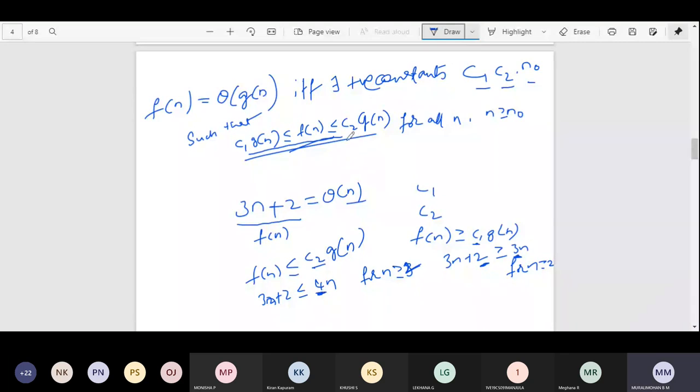So you apply this and combine here. See, we have n greater than or equal to 2 and n greater than or equal to 1, so n greater than or equal to 2 only. Understanding? So here you should write n naught is equal to 2, C1 is equal to 3 and C2 is equal to 4. Like this you should write. From where are we getting this n naught? From here. Clear? So kindly work on this.